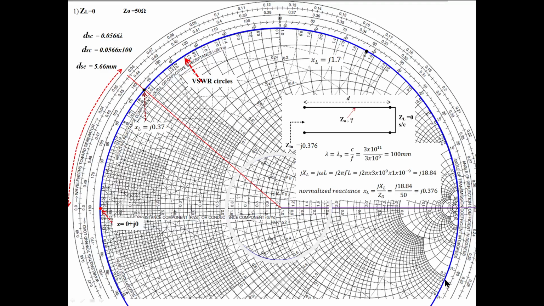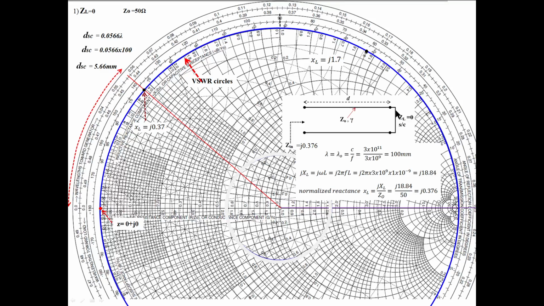That may correspond to some capacitor value. So the positive reactance values are here, and below are the negative values. Even when negative values come, you should stop wherever your negative reactance appears, which means it is in the lower part of this Smith chart. But the distance you should measure from here only. This is the starting point. You should move from here and measure the total distance to wherever you stop, based on the reactance value needed.